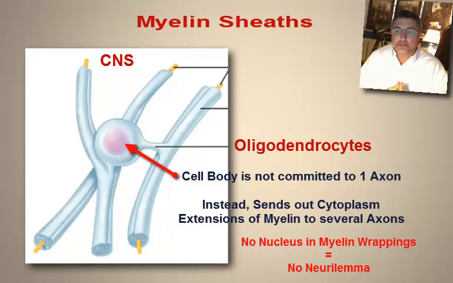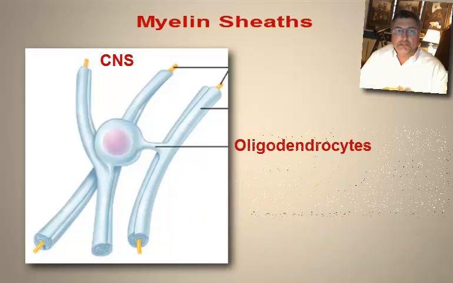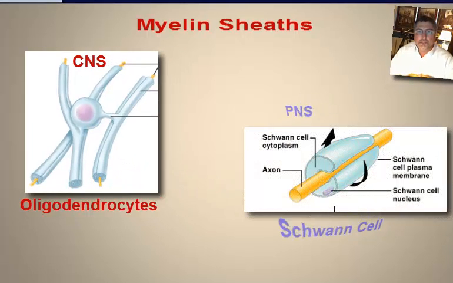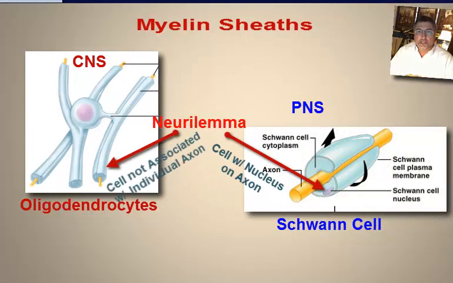The nodes of Ranvier will be further apart, and the cell nucleus is not associated with a particular neuron. That means that if the axon is damaged, the oligodendrocyte will just cut its losses, retract its myelin, and redistribute it elsewhere, meaning that axon doesn't have a chance to grow back through that protective tube. This is an important feature to think about because myelin is directly related to how effectively we can regenerate a severed nerve. A severed nerve can only be regenerated if it has something there to help guide it to